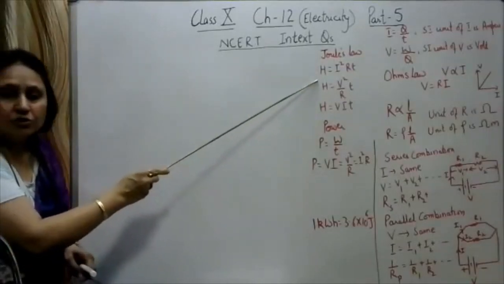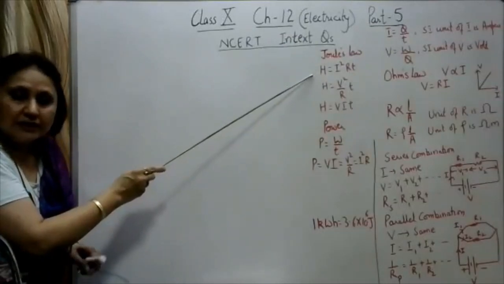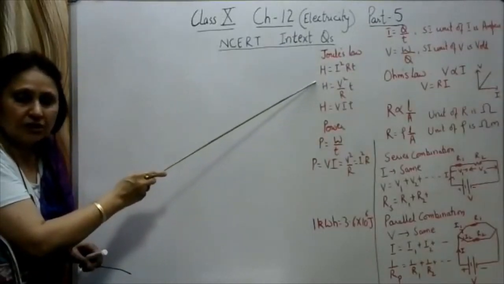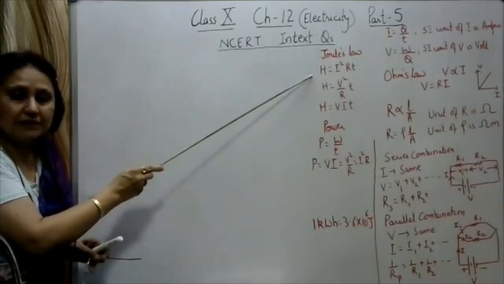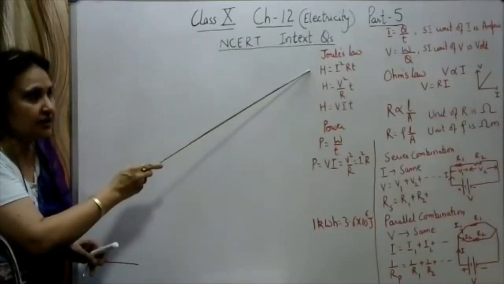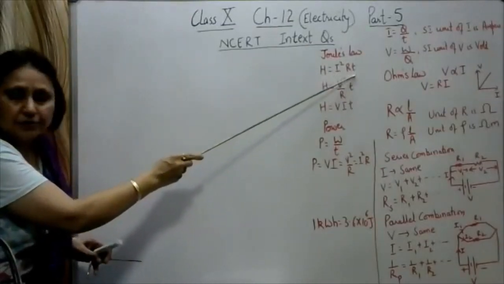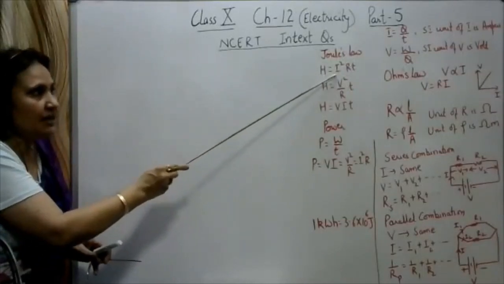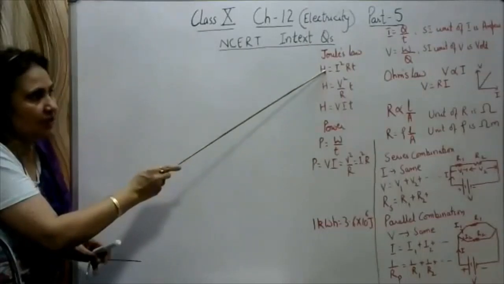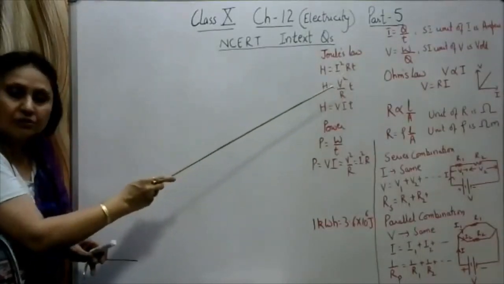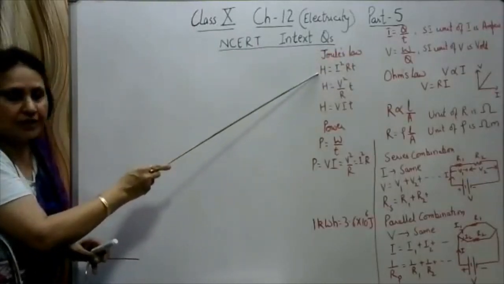Okay, then we studied about Joule's law of heating effect. Whenever the current passes through a conductor, it gets heated up. This effect is called as the Joule's law of heating effect, okay, which is used in many of the electrical appliances like in electric heater, electric geyser, etc. So the heat produced is equal to I square R into T. The heat produced is directly proportional to square of the current, is directly proportional to the resistance of the conductor, and also is directly proportional to the time for which it is flowing. This law is called as the Joule's law of heating effect.